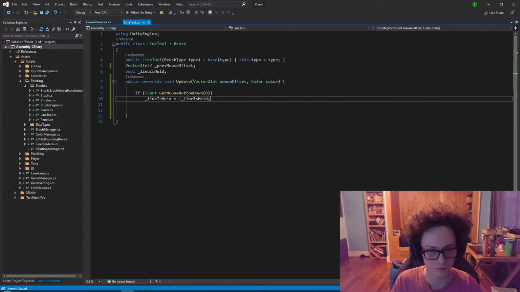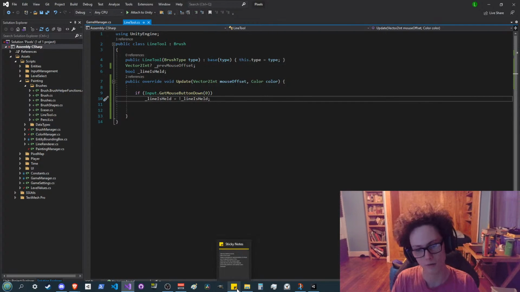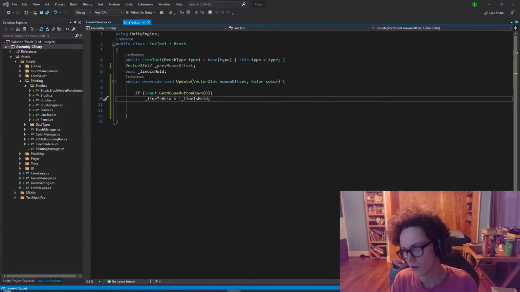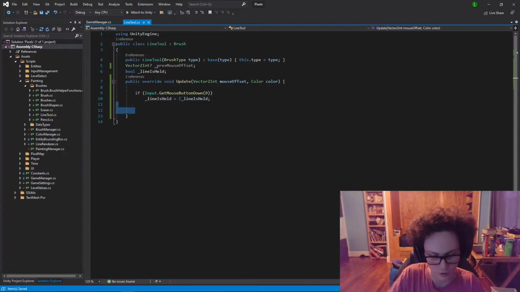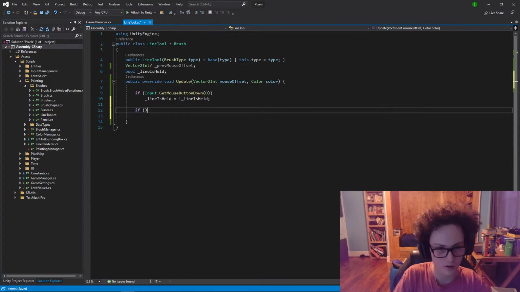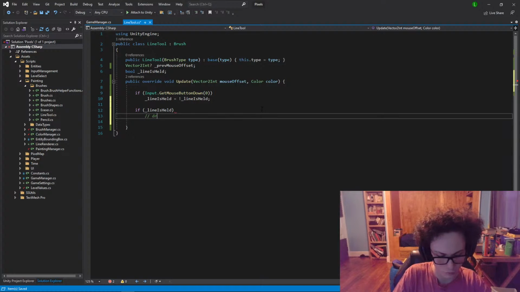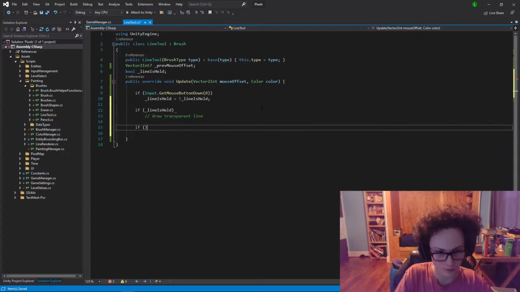So we swap it. For example, if it's held right now, it would not be held when you click the mouse. Or if it's not held, when you click the mouse, it'll be held. So we're going to do it like this this time, which will simplify a lot of the logic, I think. So then if line is held, we need to draw the transparent line, and then we need to do if not line is held,